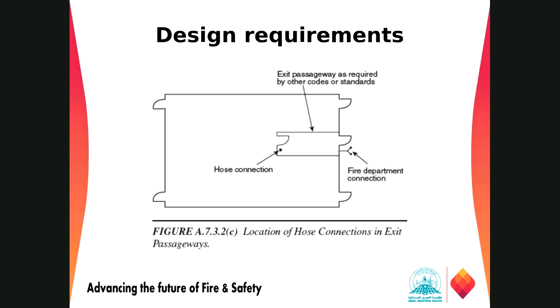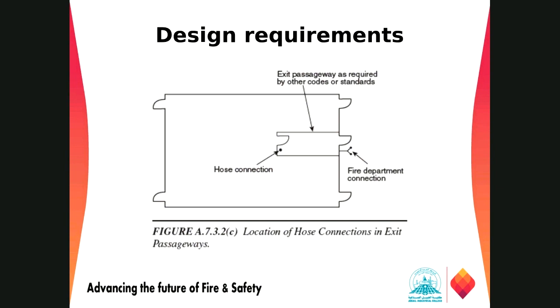This is another arrangement for putting the hose connection in exit areas, right? If you are building like this, and placing at this location, it will easily cover the complete room based on the length or area of the room. If the area of the room is so large, they have to put additional ones at this location or maybe at these locations. So it is the choice of the designer how he is going to lay out the fire hose cabinet or fire standpipe system inside a building.